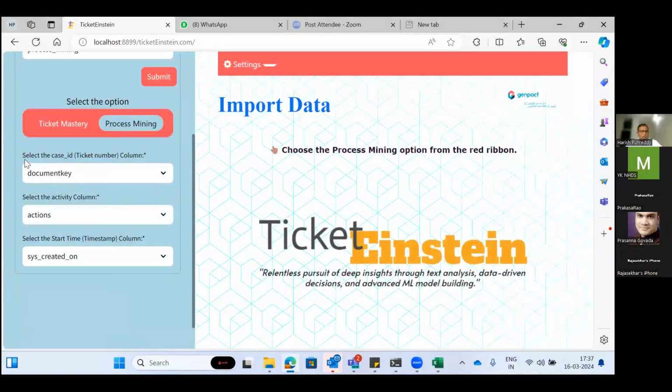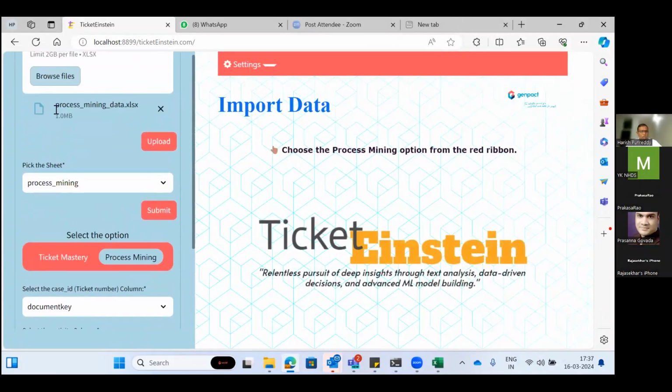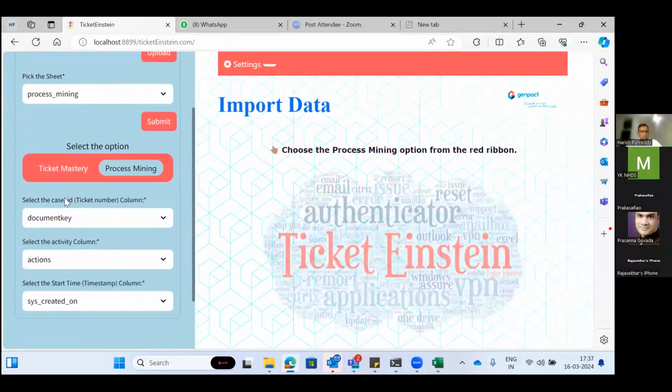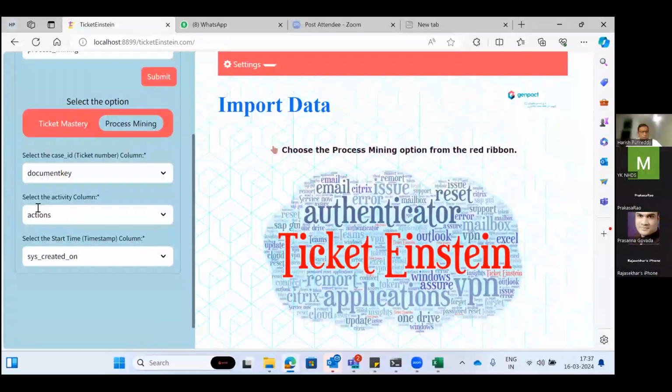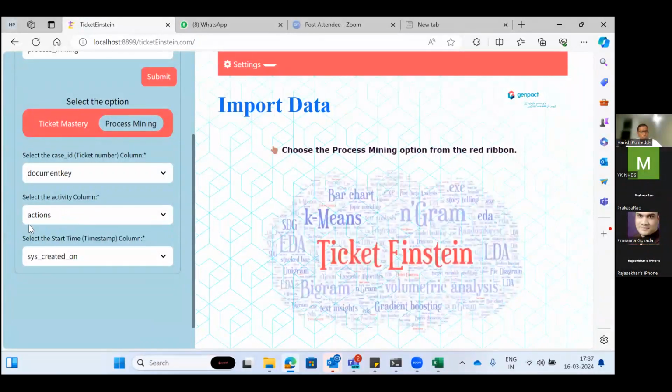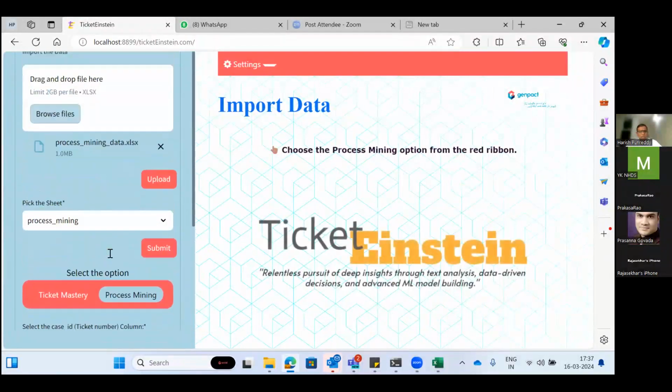Here we are just uploading the Excel file we saw before, and we give the ticket ID or incident number, in this case a document key. Then we tell which column holds the actions, and which is the system created-on date and time.